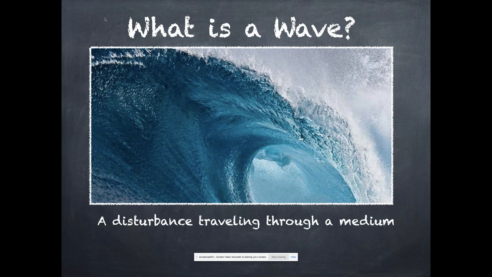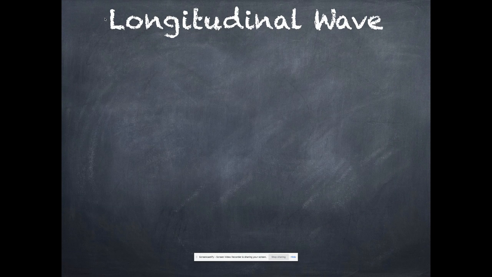So a wave is a disturbance traveling through a medium. Now we have a water wave pictured here. And while we're not going to be studying water waves specifically, they do illustrate the type of behavior that we will be talking about. Now, we're going to categorize waves in one of two ways, the first of which is